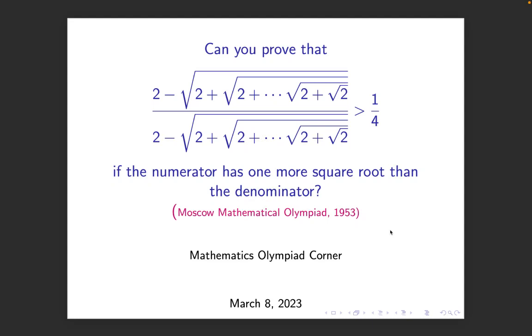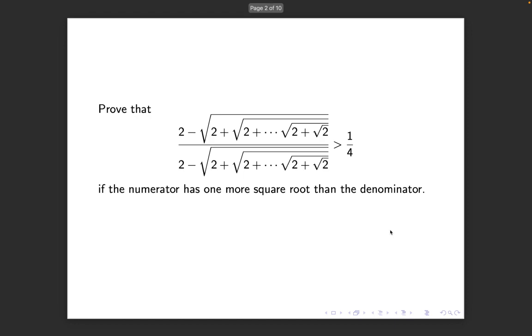We will consider this problem from the Moscow Mathematical Olympiad. The numerator has one more square root than the denominator, and the question is to prove that the quotient is greater than 1 over 4. Alright, so here is the problem. We want to prove that the quotient where the numerator has one more square root than the denominator is greater